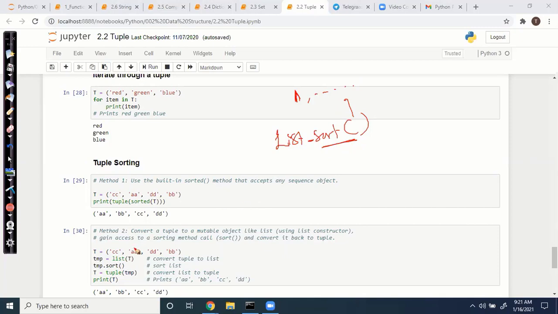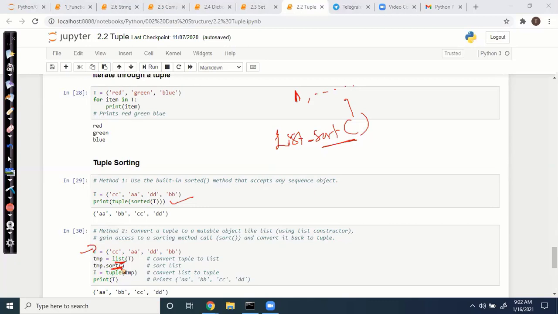But here, a tuple is immutable, so you can't assign anything here. In sort you can do it in two ways. One is you can directly use the Python built-in function, otherwise you have to convert the tuple object into a list using the list function, then apply sort.